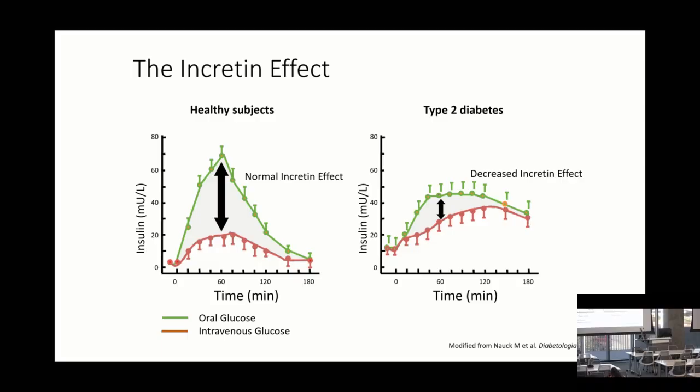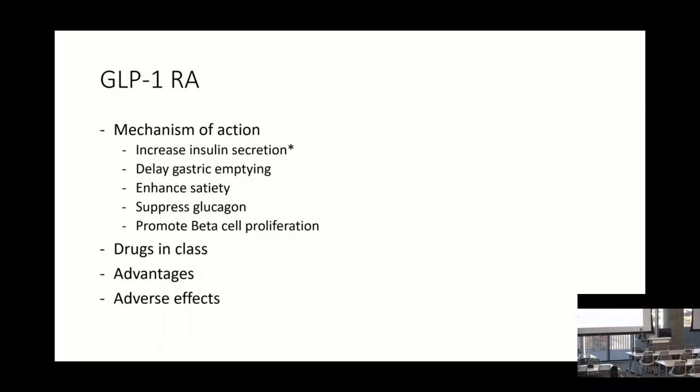Because of that, that's where the concept of giving GLP-1 and all that to patients with diabetes to improve their response came from. So that's kind of a background. So GLP-1 receptor agonists, you can see that they have a lot more action. This is not even all that they do because we have found a lot more things, but they do increase